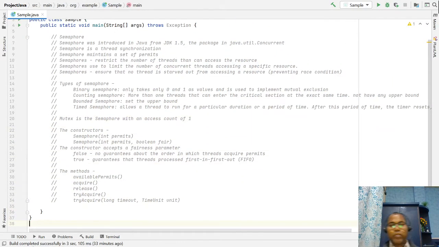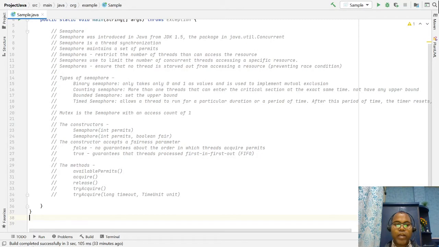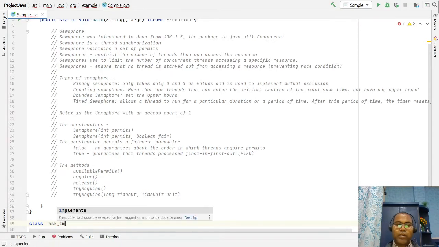So let's write one example, and that will make more sense and give a clear understanding of how the semaphore works. And you will also feel comfortable whenever there is a scenario where you want to restrict the number of threads that can access a particular resource or invoke a particular service. That helps us. So for writing, let's write one class like Task that implements